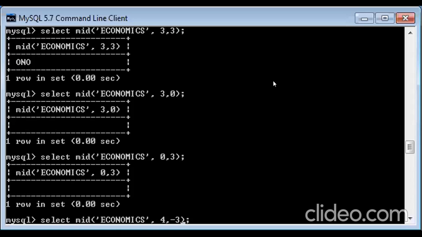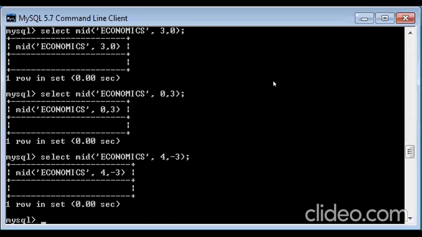What would be -3? No idea? The output will be null.